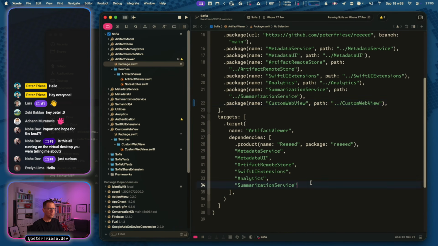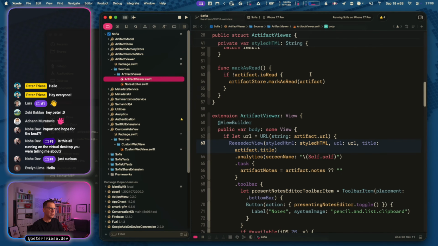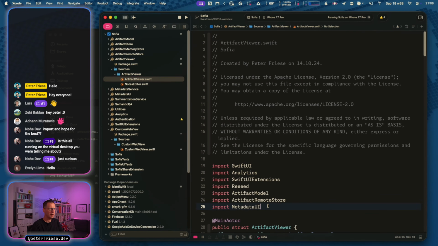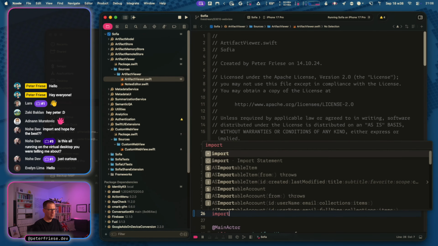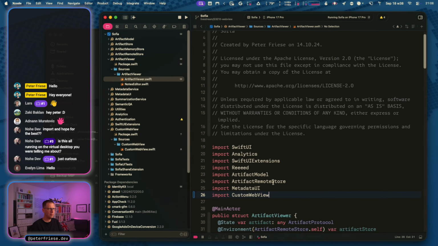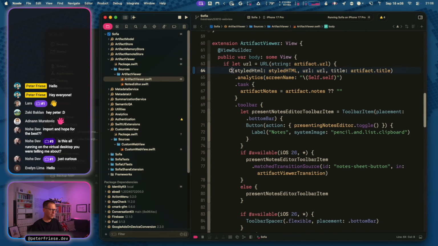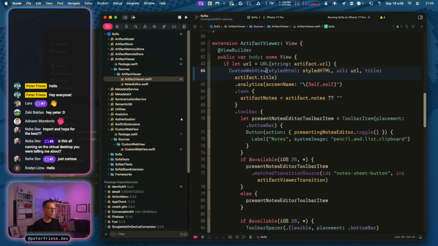And then we will add that to the dependencies of the target. And now we can import this into our artifact viewer, import custom web view, and then instead of reader view, we can just say custom web view,